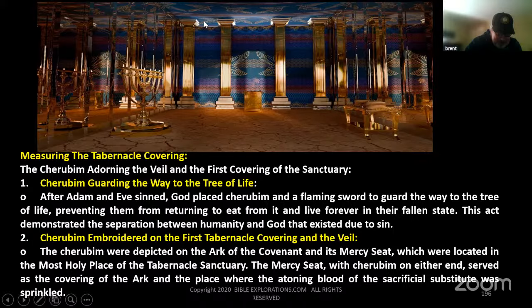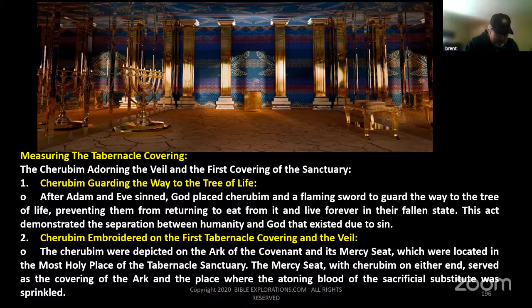And there's a little space that's purposeful there too, so that in here you have the light from the seven branch candlestick, but over here, this little space allows you to see the light that's coming from the most holy place, the presence of God. And remember, there's no windows in this place. There's no outside natural light. So when you saw that light, you knew you're in the presence of God, even though you're separated by that veil.